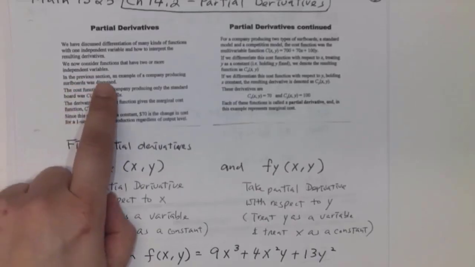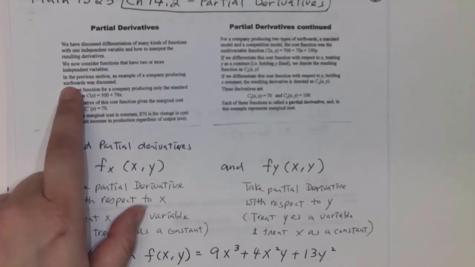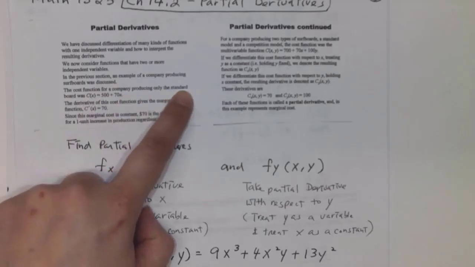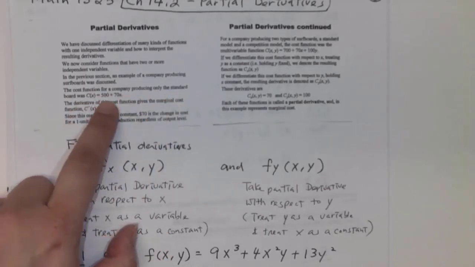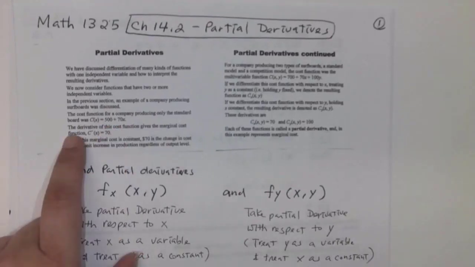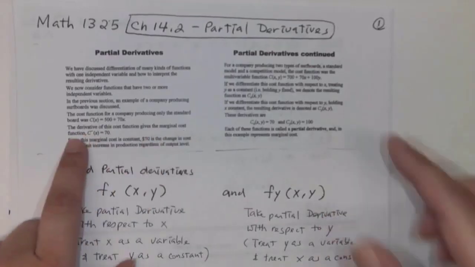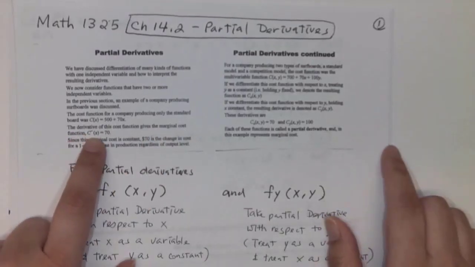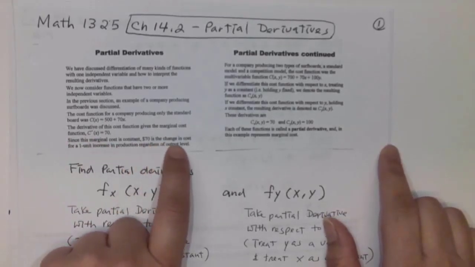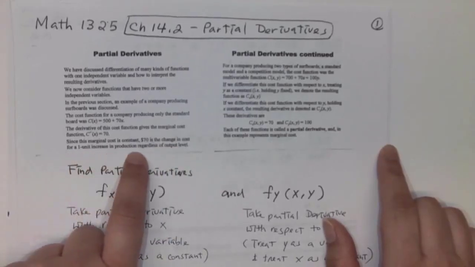In the previous sections, an example of a company producing surfboards was discussed. The cost function for a company producing only the standard board is C of x, so this function only has x as the variable. The derivative of this cost function gives the marginal cost function, C prime of x is 70. Since the marginal cost is constant, $70 is the change in the cost for 1 unit increase in production regardless